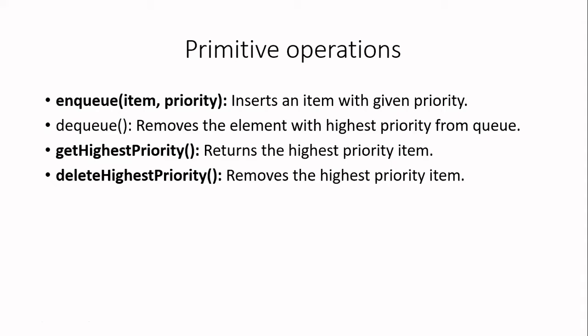Okay. In case of priority queue, you can see this enqueue function in two different ways. In one way, this is a general way you have to follow: you write item comma priority. What is the meaning of this? This function is going to add an item into the queue, and the priority of that item is indicated by the second argument, priority. Item is the value you are going to insert, and priority is going to tell you the priority of that particular value. Sometimes, if I assume that the value of the item itself is the priority, I'll be giving enqueue of item only.